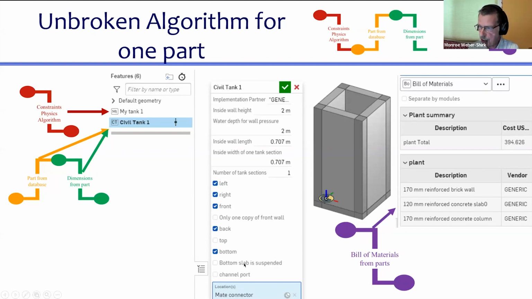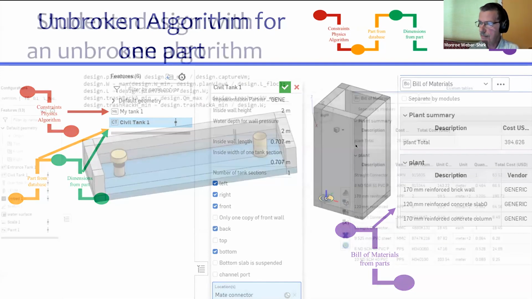Here is the feature for this tank. It includes how tall the tank is, information about the wall lengths and widths, and which parts of the tank I want to be showing. In this case, I'm not showing the top. It pops that part into the part studio, and it comes fully populated with all this information about these parts, including the pricing for each of these sections of wall, and the fact that these corners are columns and not just standard walls. So all that information is there.